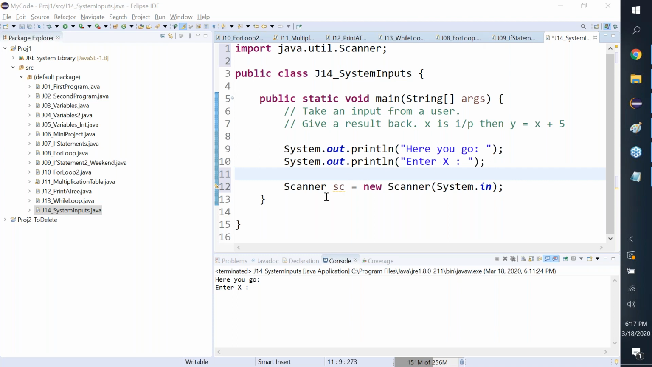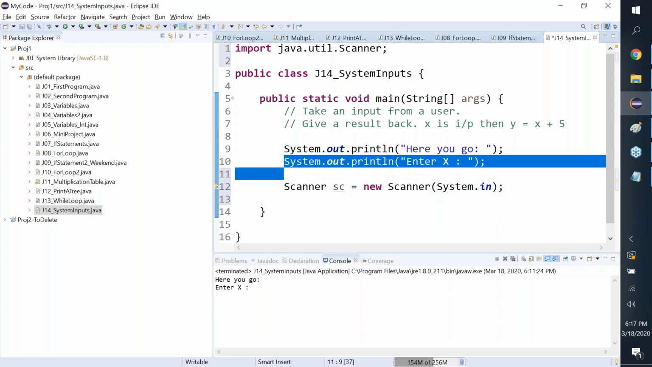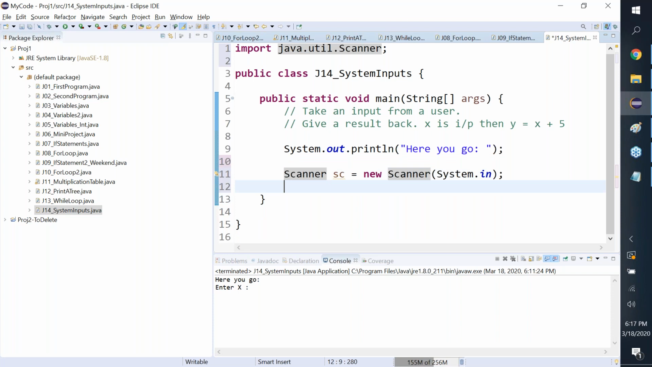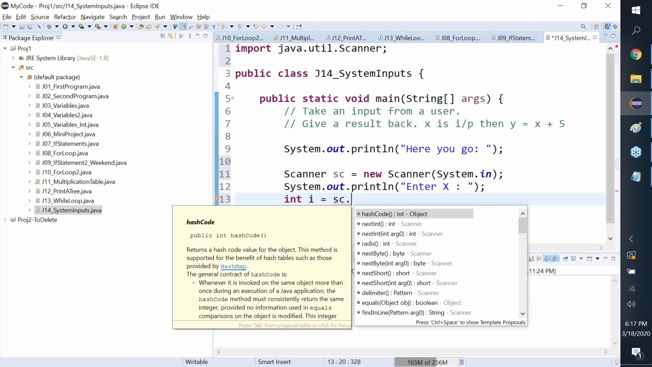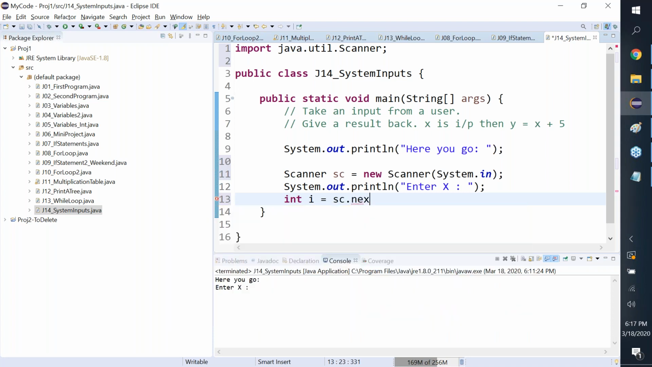Great, thank you. So now, sc, where am I? Okay. So here's where I'm taking an input, team. This is what I'm saying, that I want to take an input from the user. So let's say I'll put it now and say int i equals something like sc.nextInt,